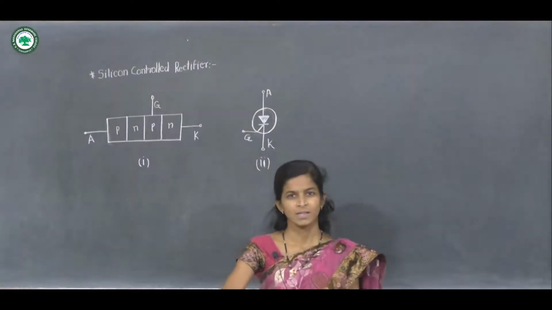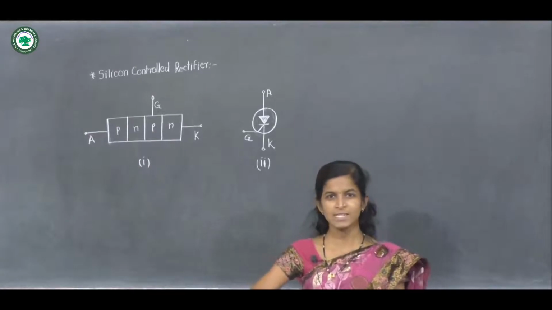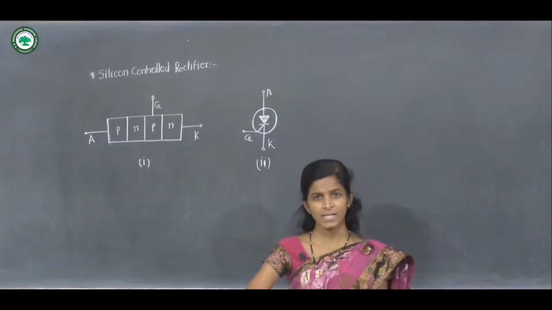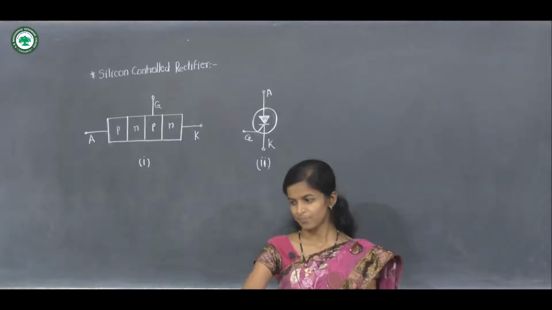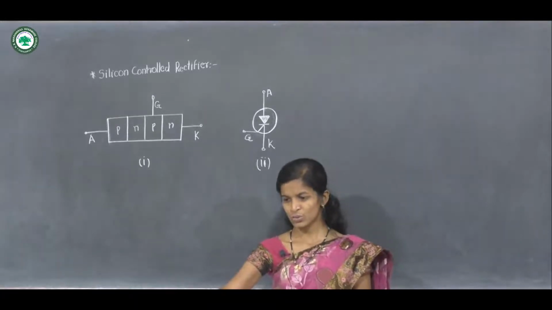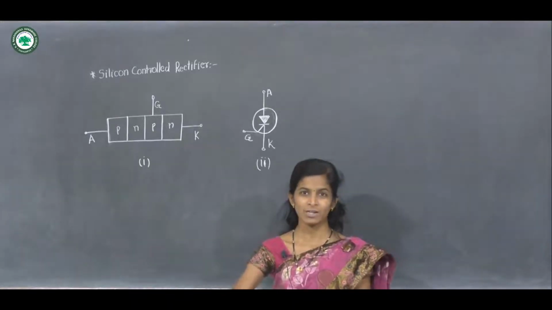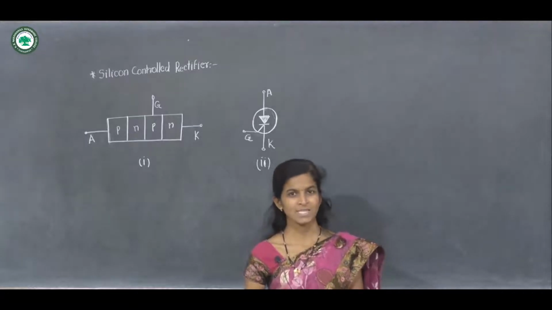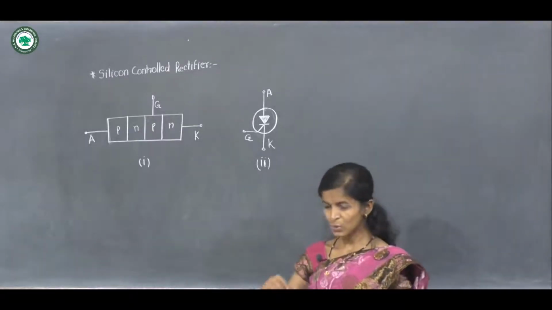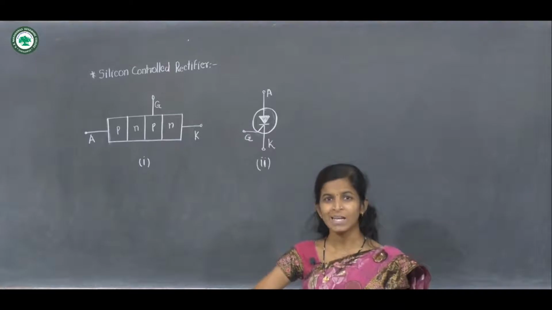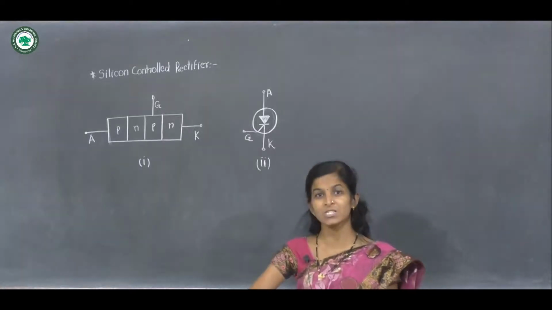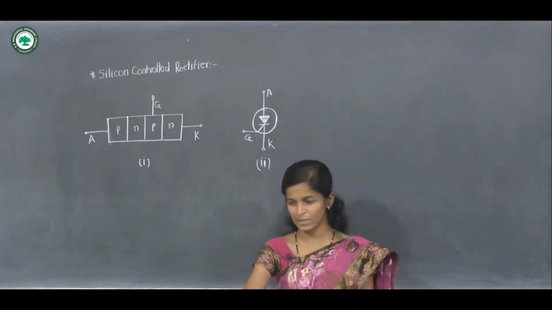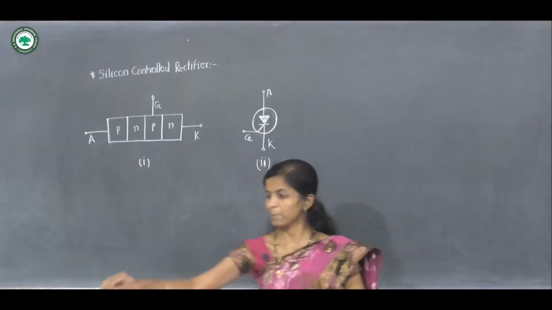Hello students, now in today's lecture we will discuss the silicon controlled rectifier. So one has to know what is silicon controlled rectifier or how its name comes from. So silicon controlled rectifier, it is a semiconductor device which is made up of silicon only and it is PNPN